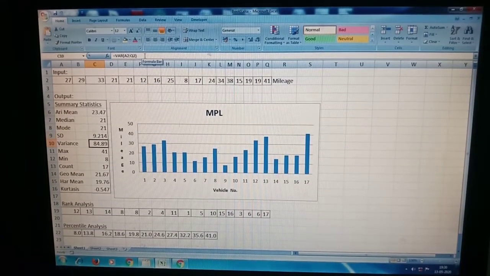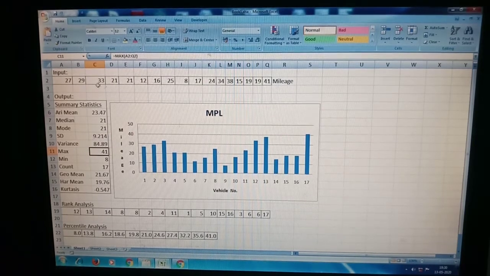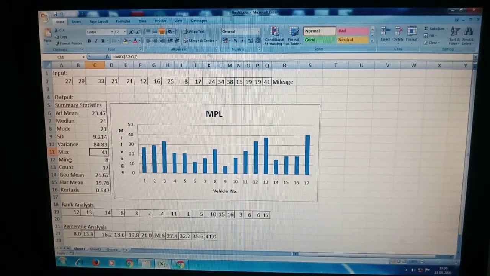Next, variance, the variance of A2 to Q2. Maximum means the maximum of the input values. Maximum is 41, so that is displayed here. Minimum is 8, that is displayed here. We are calculating the maximum value and minimum value using the functions MAX and MIN respectively.